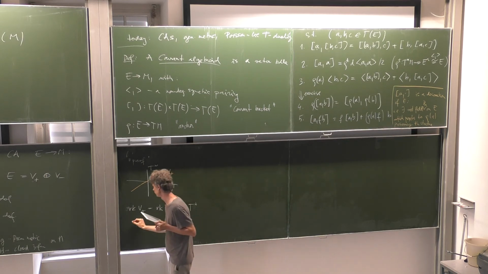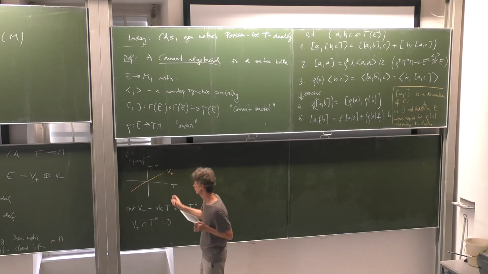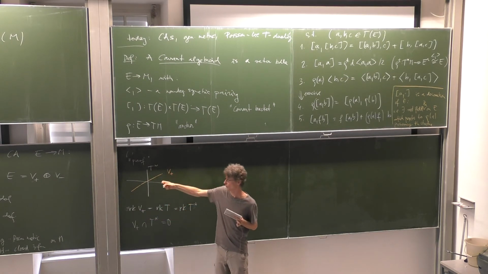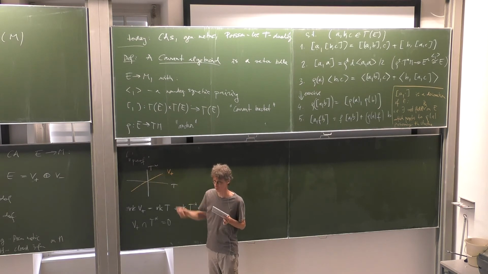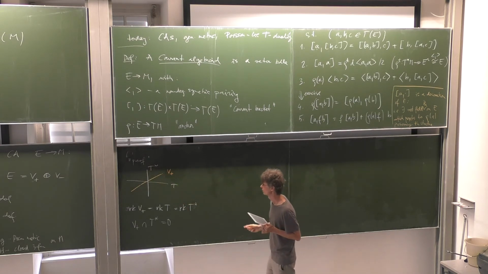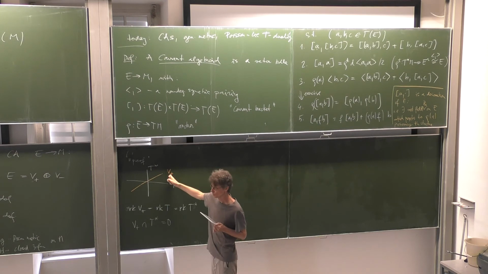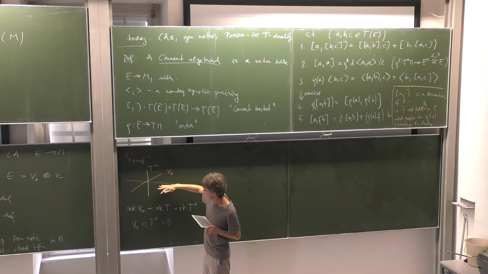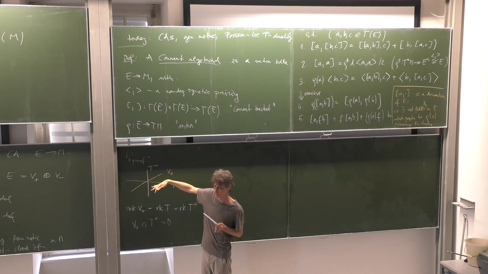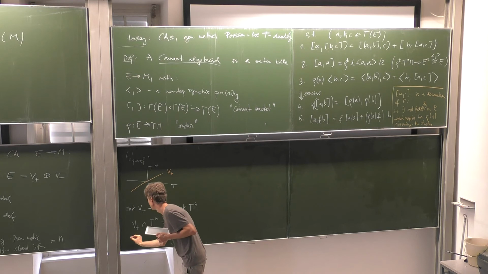We can also say that V plus intersects T star trivially, because the pairing is positive definite here, whereas it's just 0 there. So there cannot be any non-trivial intersection. So then we can see V plus as the graph of a linear map going from T to T star. And now it will enable us to fix this splitting. So there is a unique splitting